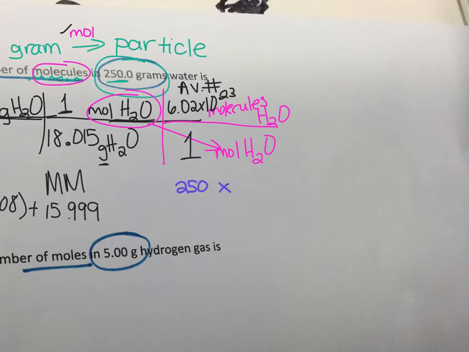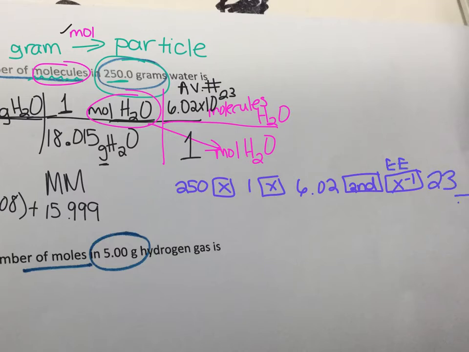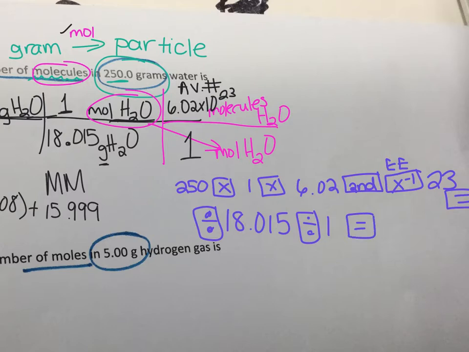You would hit multiplication. 1 times, and then 6.02, you would type in second, that x to the negative 1 with the EE on top, 23, and then I would push equals. Okay? And then you would hit divide 18.015, divide again by 1, and then push equals. And then that should get you your answer. And you should have,